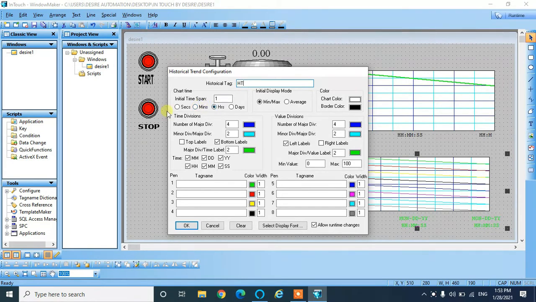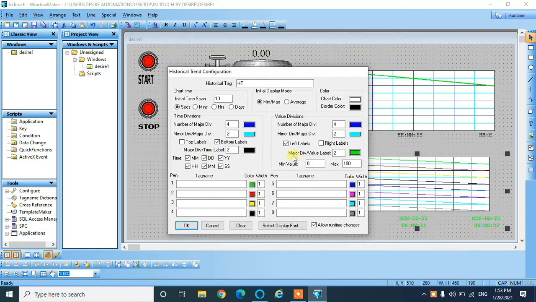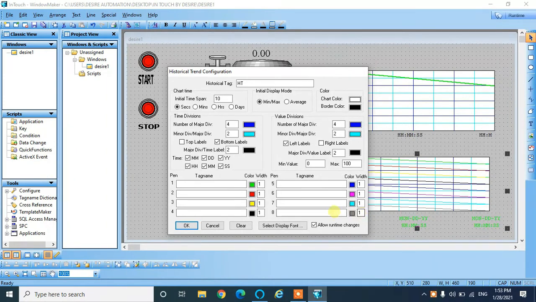Then let me select the time span as 10 seconds. For major division oblique time label let me select the color black. Again, for major division oblique value label let me select the color black, so that my x-axis value and y-axis value will show in black color and be readable.